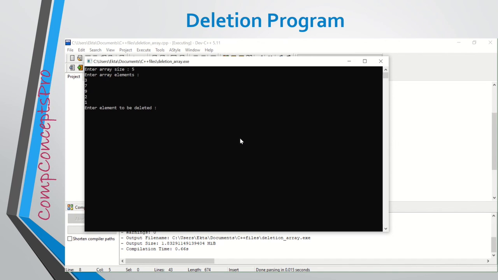Enter the element to be deleted. Suppose I enter the element 7. Now the array is 3 9 2 1. As you can see, the element 7 has been deleted from the array, and the remaining elements have shifted to the previous index positions.